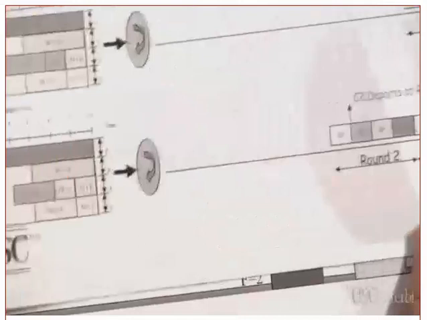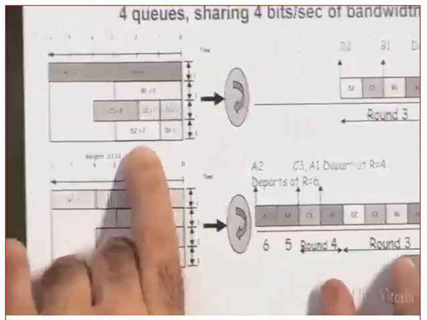Was there D2 here? No, there was no D2. Why is D2 2 units? One second. No, sorry, I'm sorry, this is the third round. So this is D2. Now, who is going to depart here? 3. Yes? Who's left? Are we done with A2? Yeah, A2 is done. So in the last round, you have only one thing left, from D2. Did you get this or not? This one here is a little bit confusing. Round 3 is a very short round.